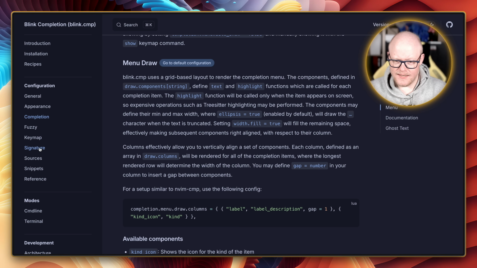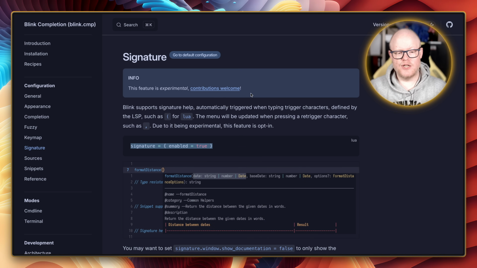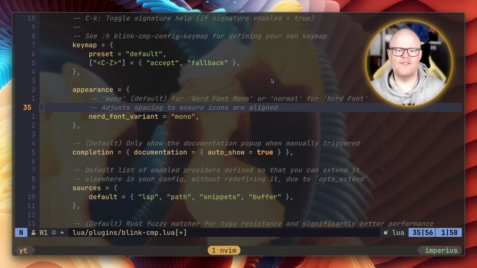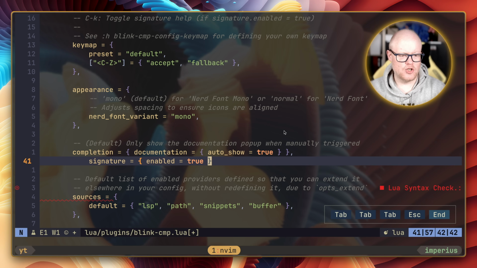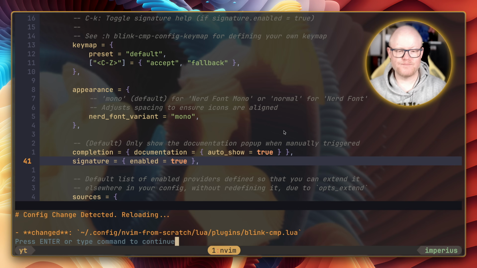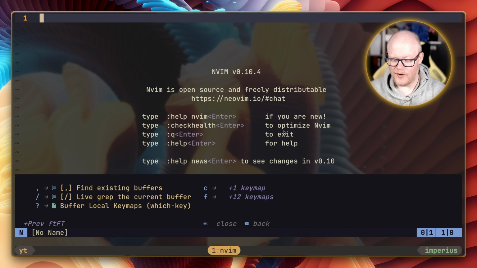Signature help is a neat thing that blink-cmp comes with. You can enable that to simply show the signatures of functions while you type them. And they are telling you, hey, this is experimental, so your mileage may vary with regards to what language you are using. For me, it worked quite well in a couple of languages, so I usually have it enabled. So let's simply enable that by copying this signature enable something here and reformatting the file. And now if we restart Neovim, we should already have